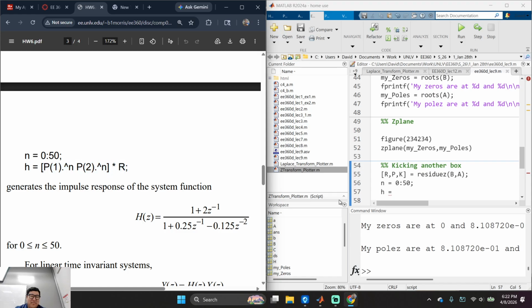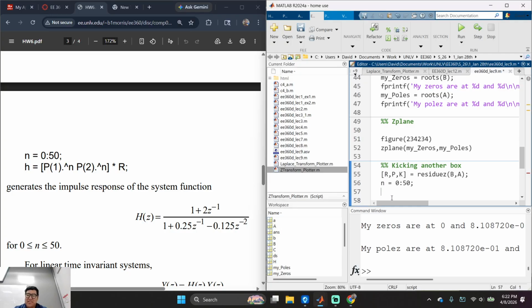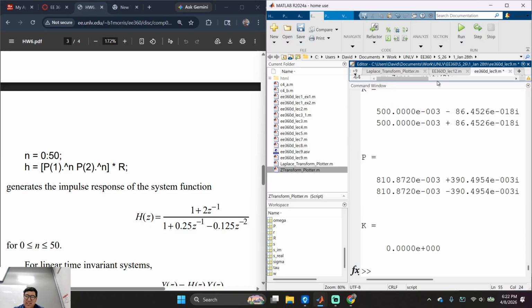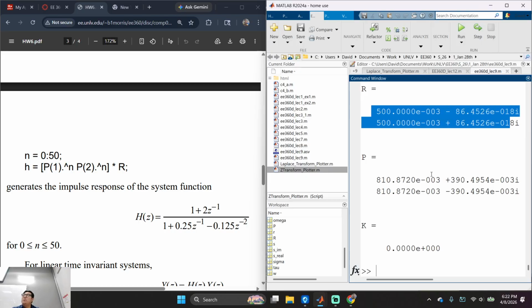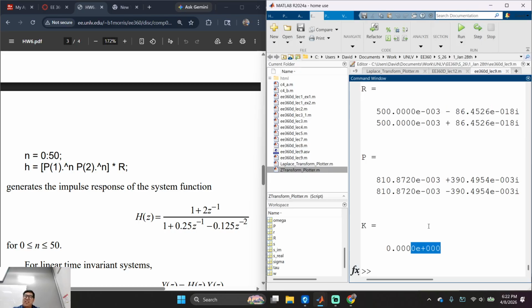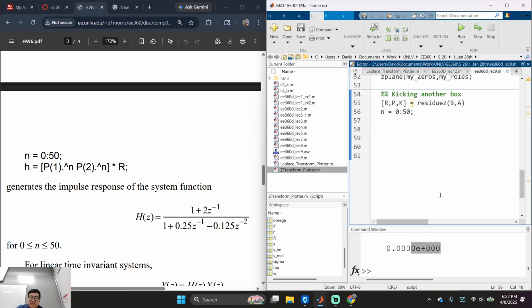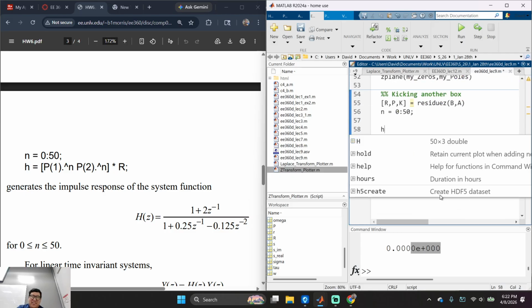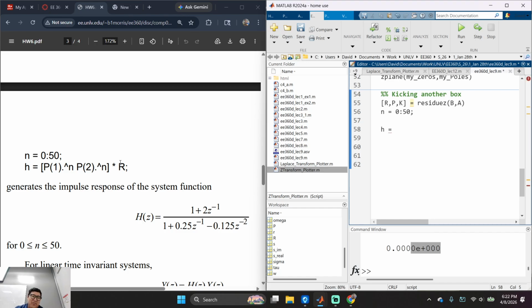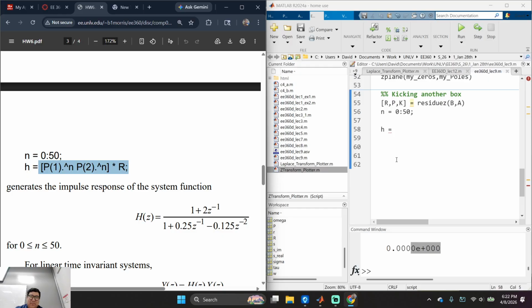Right? Actually, before we run that, let me see this. What's R? Right here. Actually, I'll just write this right here. We have two residues, right? Two poles, right? And then we have no gain. That's good. Okay. So what I'm going to do is, there you go. Would I make you do this? Nah. We're not doing any tricks. I would love to, but we only have 8 minutes.